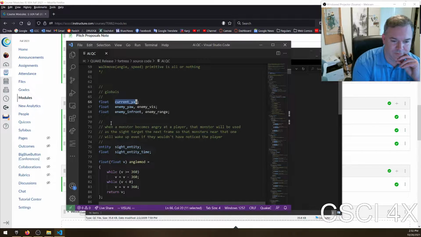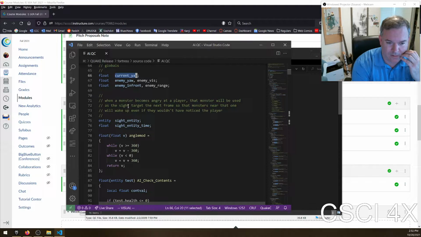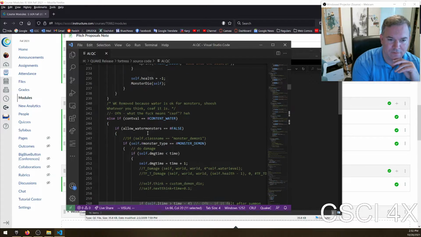Okay, so these are all globals, and you can make your own global if you want. I don't really recommend it. Okay, so a bunch of code for handling AI. So if you're interested in